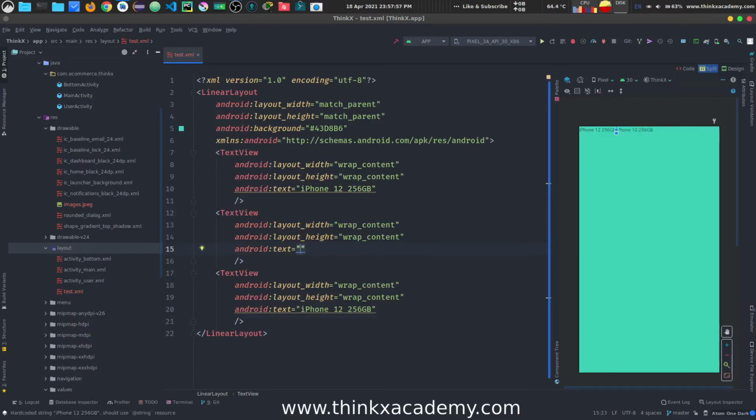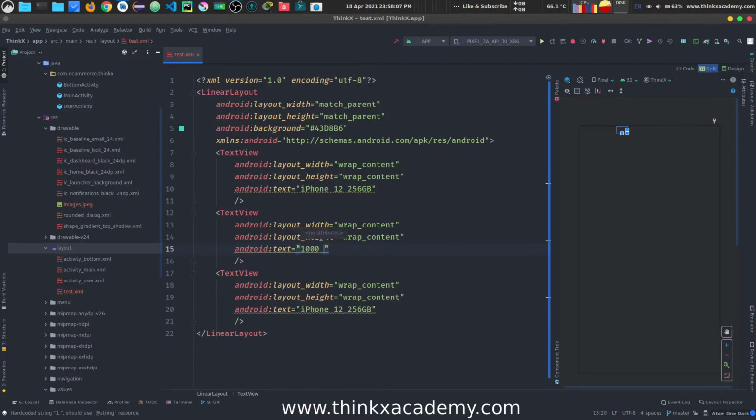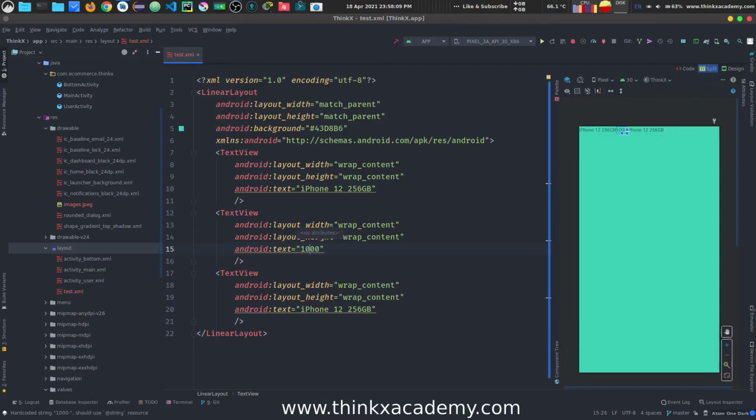Now let's write the price of this one. I think it will be, let's say, $1,000, right? So I'm going to write here that its cost is $1,000 and the seller is actually Apple, right?